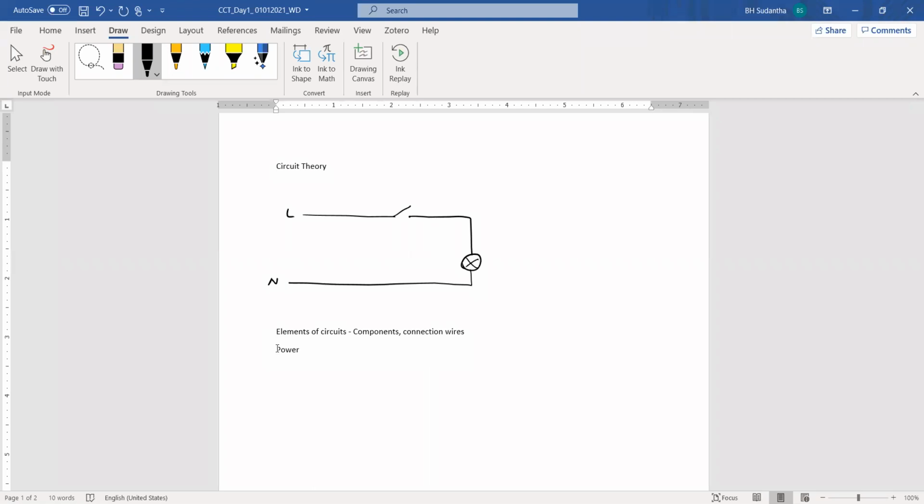Take the earlier circuit with the switch and bulb: there is nothing to do with the switch and bulb if you don't have main power. The live wire and neutral wire are there, and if you don't provide this power, here it may be the commercial power available at our home front, the 230-volt AC, then there is no point in having this switch or bulb. When you apply this power, the circuit cannot understand letters and other things; it can understand only applied power. After applying power, then voltage is there.